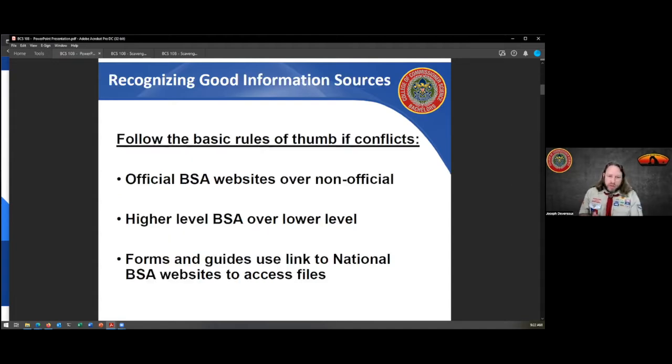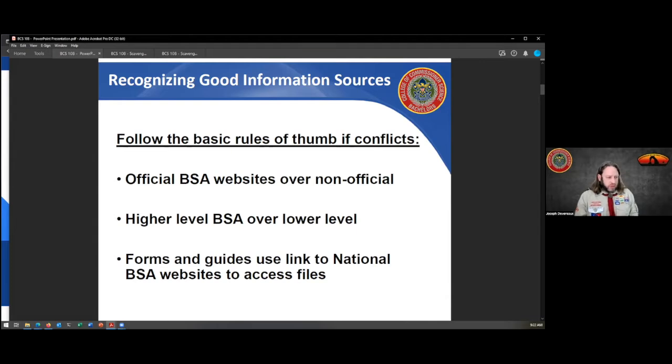So we want to follow some basic rules as far as we make contacts as commissioners. There are many talented people in commissioner service and in scouting in general. And so we don't want to have to reinvent the wheel, but at the same time, we don't want to give them the inappropriate, incorrect wheel for the information they're needing. We want to make sure we keep the right information and follow the BSA website and policies that are set forth there.